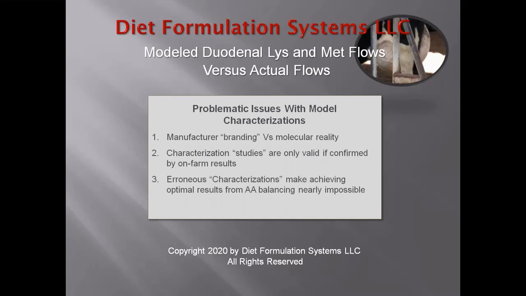And that's because when you have erroneous characterizations of protected amino acid products, that makes it almost impossible to achieve the results you should be achieving from amino acid balancing, or possibly even any results at all. The last thing we're going to look at is a brief introduction to theoretical biology versus living biology. And this will be part 2 of this particular discussion. So we're not going to spend much time here. We're going to introduce some concepts and some ideas that we'll be covering in the second part of this presentation. Okay, so let's go right ahead and start